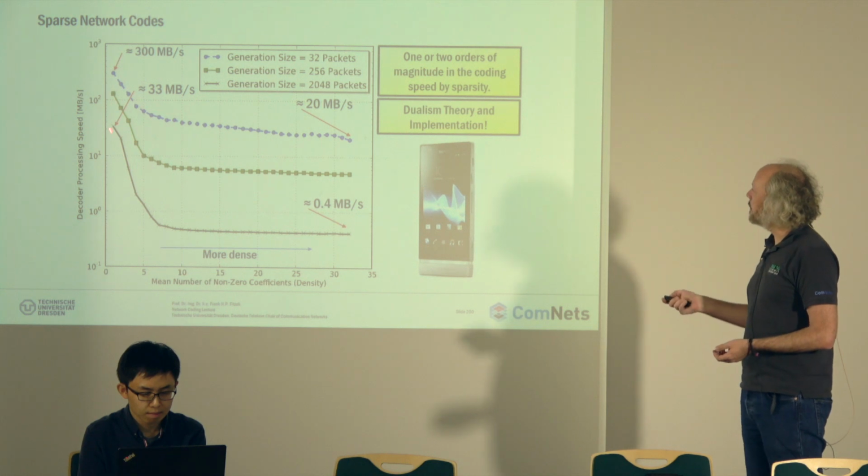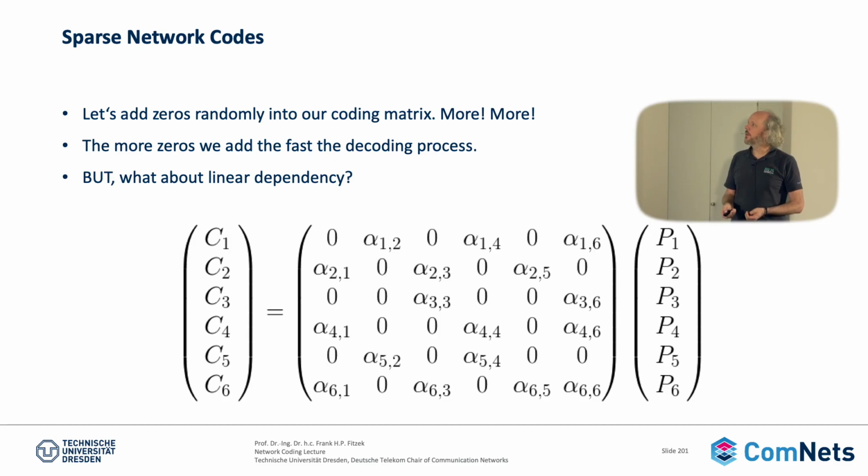You might get packets that you already know. Because there's a higher chance that you don't get something independent from what you received before. That's correct. So what we say normally is you have seen the packet in a way that the rank is not increased, so it's linearly dependent, right? So this is a little bit the problem, and therefore the question is now,